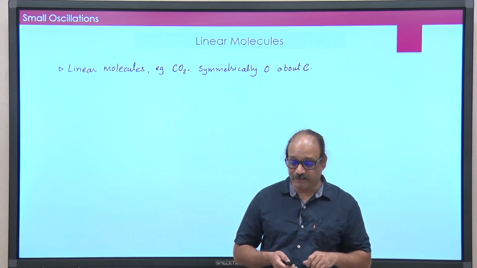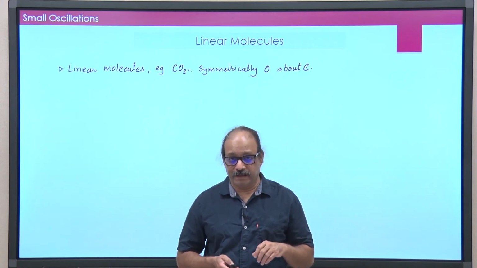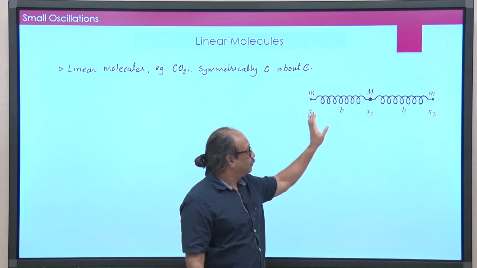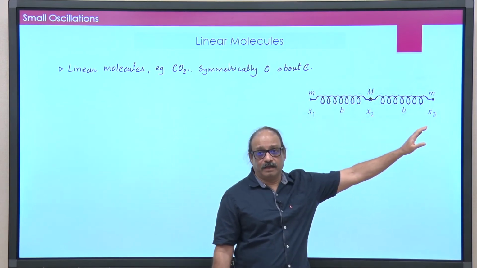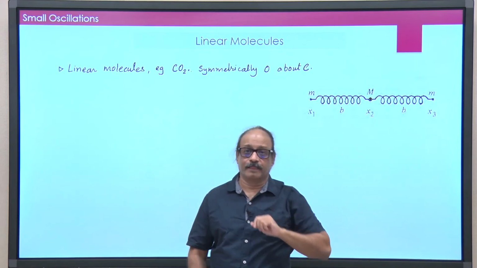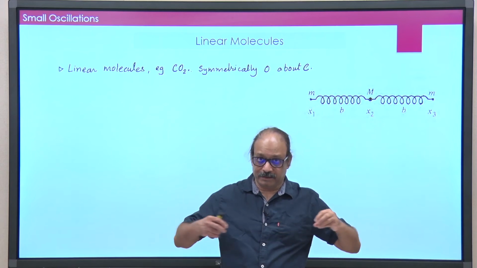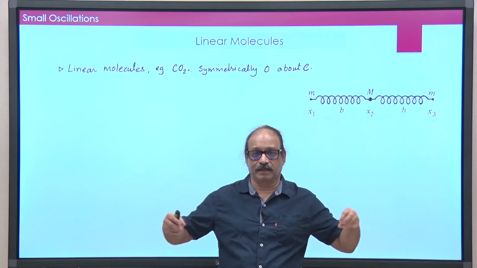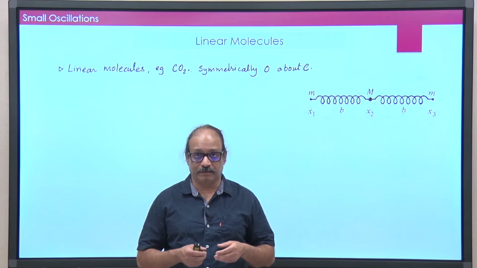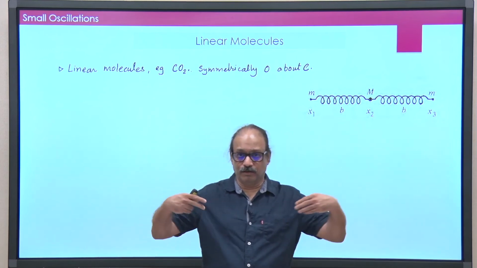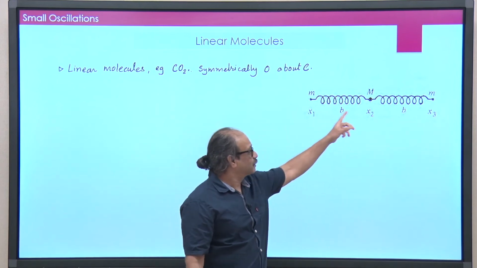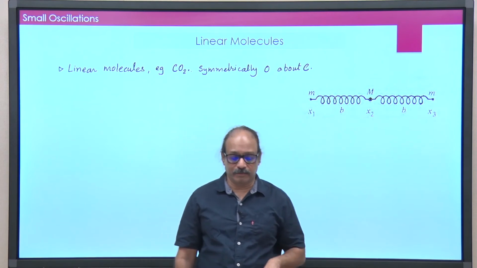Typically, think of a molecule like CO2, where the molecule looks like this. There are two oxygens sitting, and carbon would be in the middle of them, and this is a linear molecule. So, they are basically in one single line, unlike H2O, for example. H2O is not a linear molecule. So, the two bonds actually make an angle which is different from pi, but not in this case. In CO2 you have a linear molecule.